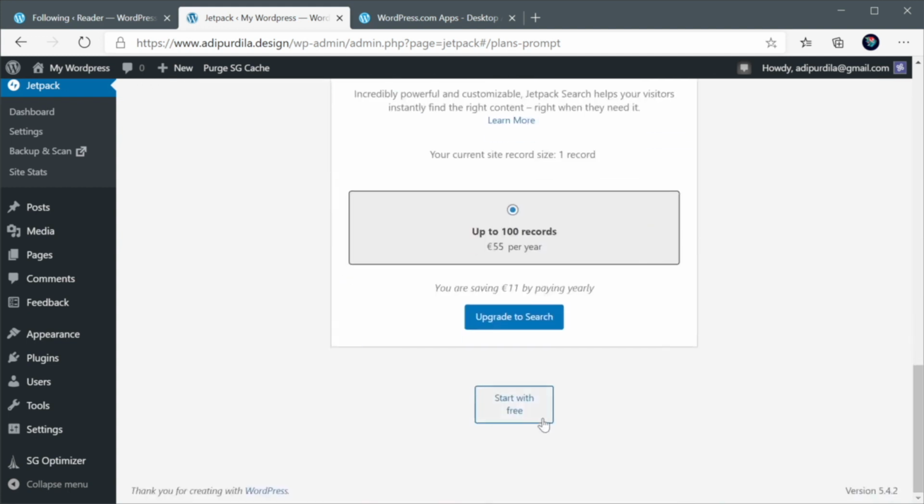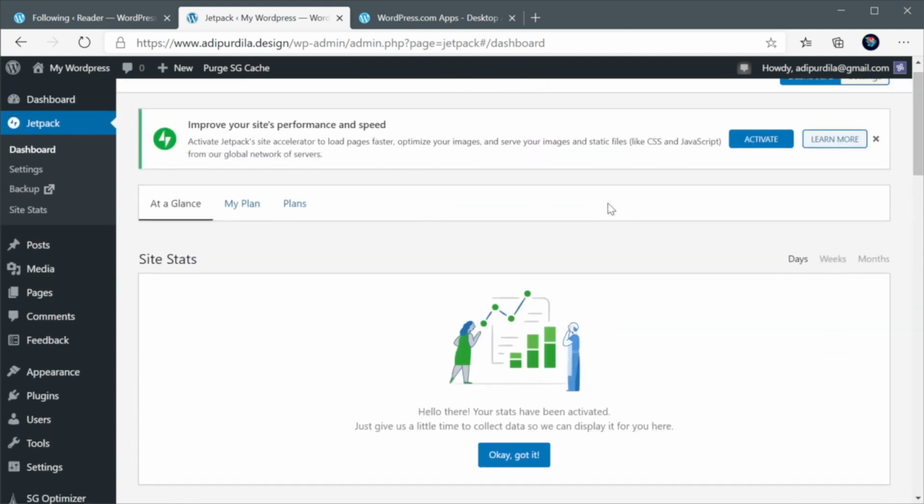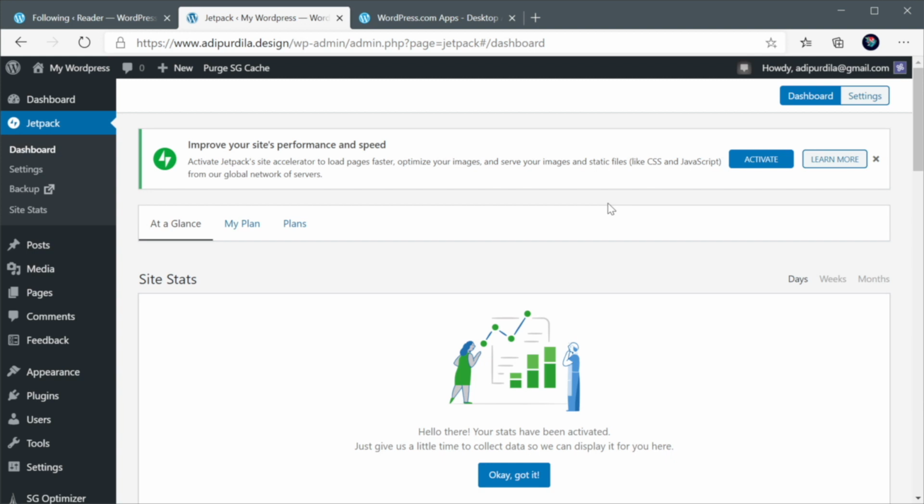In my case, I'm just going to select Start with Free, and you're pretty much done. Now, this will prompt you to activate a feature called Jetpack Site Accelerator. This will load pages faster, optimize images, and serve the assets like images and CSS and JavaScript from a CDN or Content Delivery Network, which is fantastic. And you can go ahead and activate that if you want. For me, I'm just gonna keep it like that for now